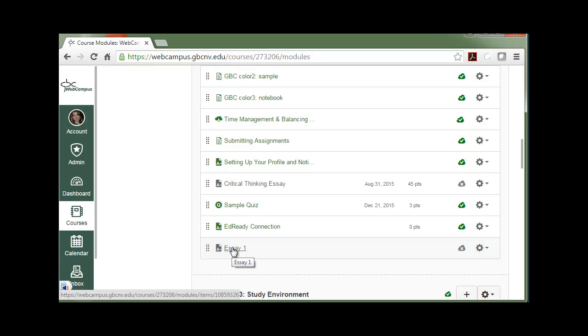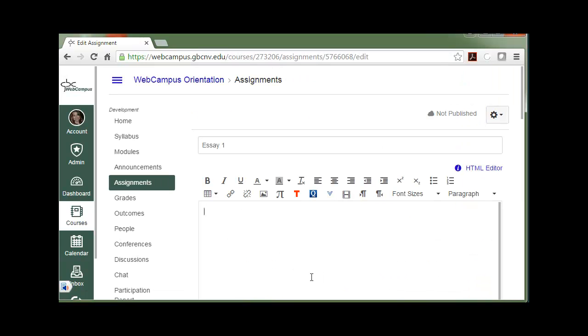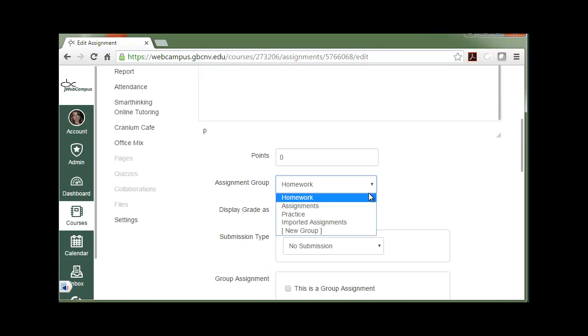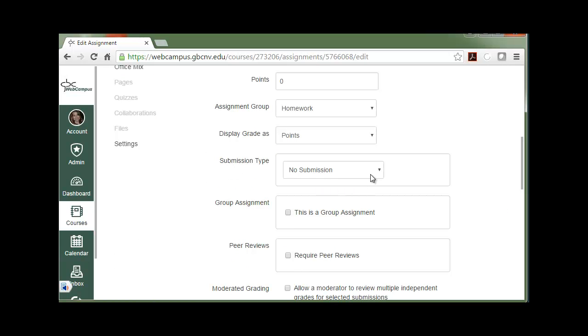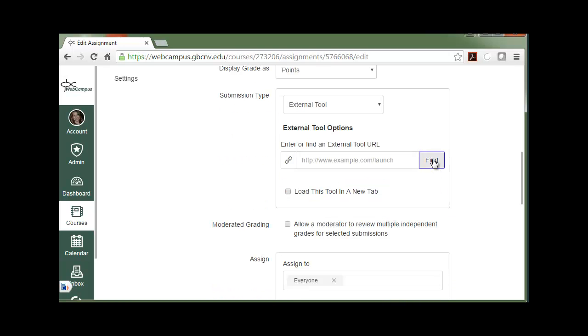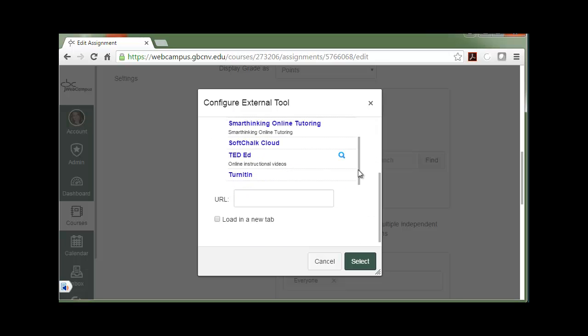Click on the assignment title, then click on Edit. You can choose to put directions here in the instruction box, points, add the assignment to an assignment group. Then here under Submission Type, you'll want to choose External Tool. Click on Find, scroll down to find Turnitin,